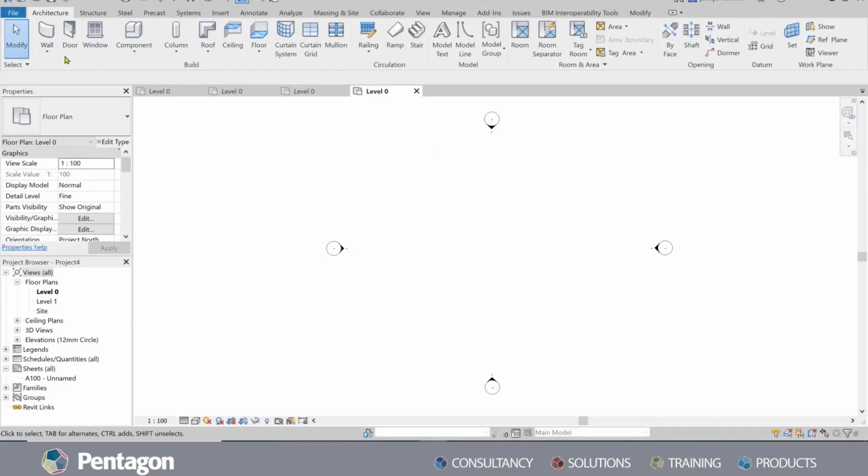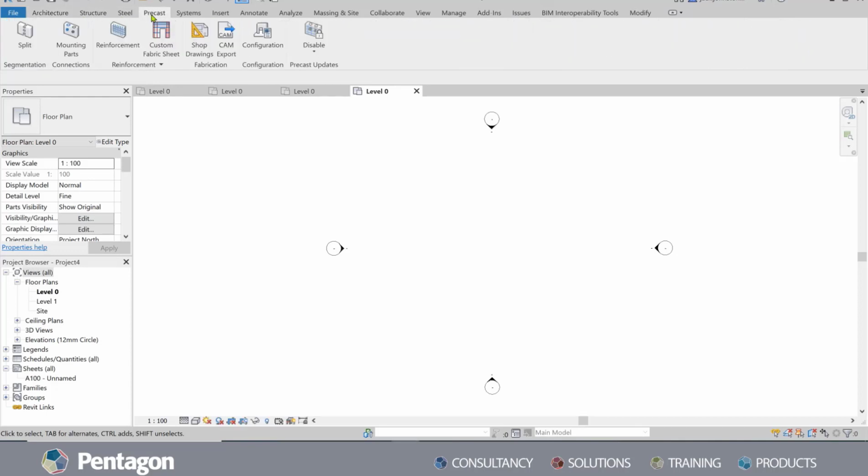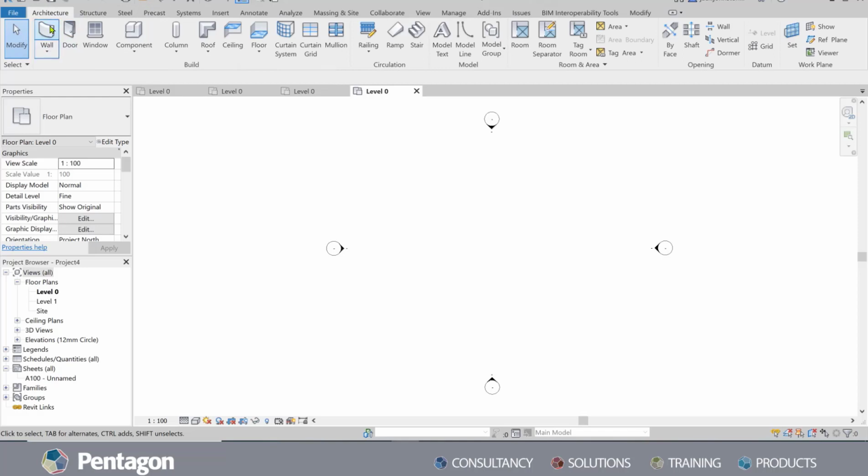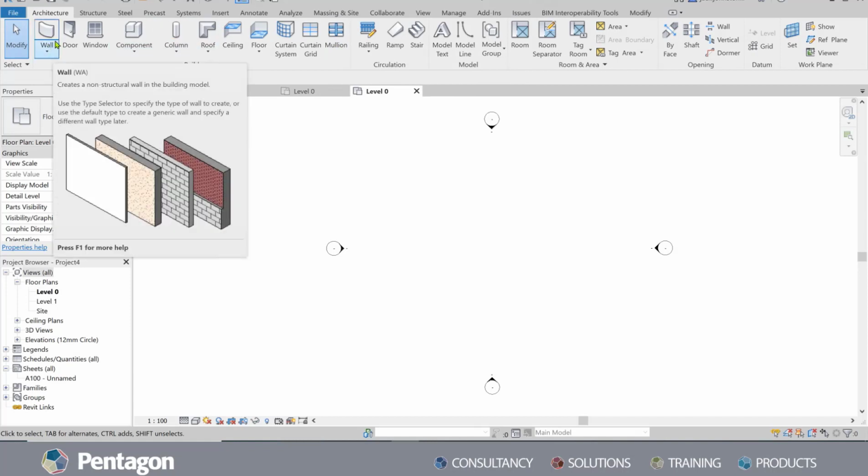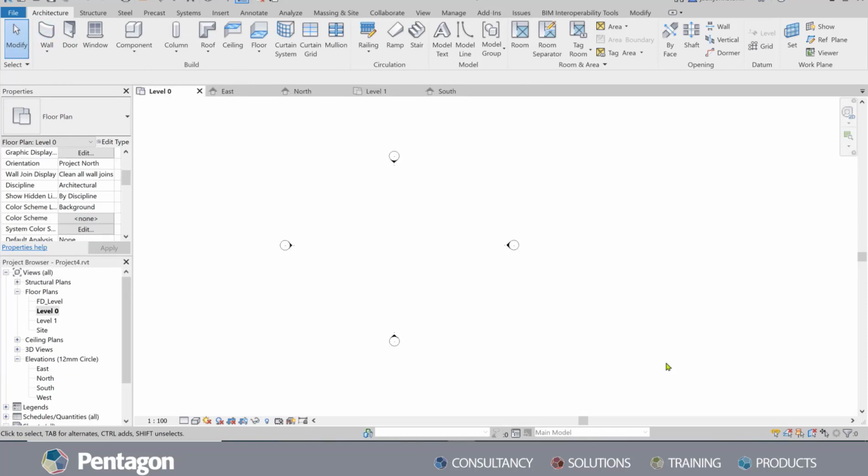A really important feature here in Revit is the ribbon, and you'll see that we have different tabs in the series that we can select that changes the ribbon. And in the ribbon there are different groups that are referred to as panels. So we've got a build panel with different architectural build tools that we can select. So I'm just going to get started here, and I'm going to model the walls of my house.